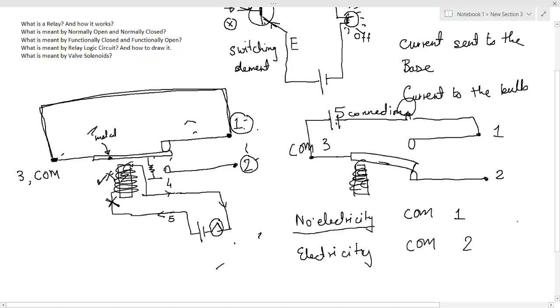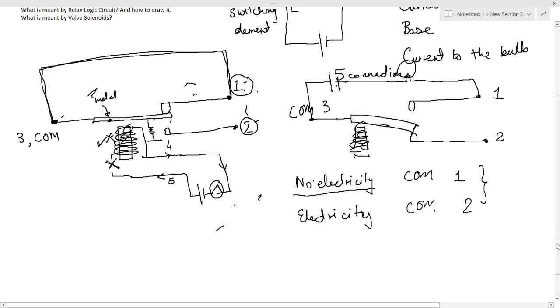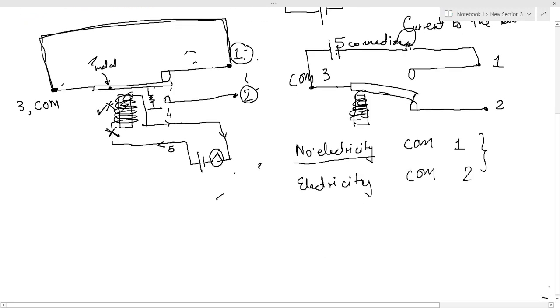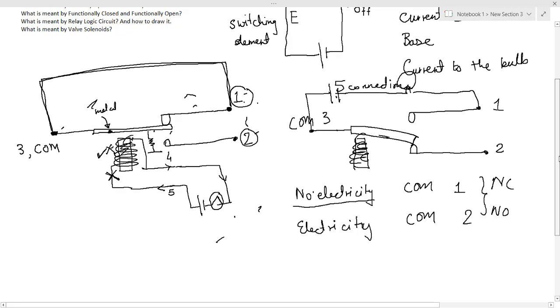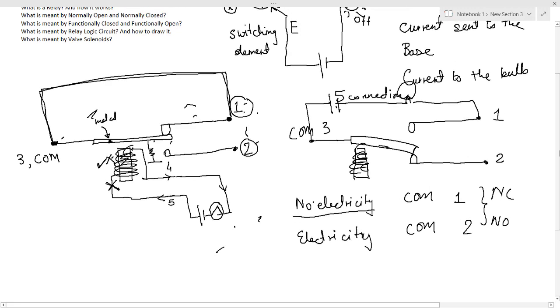In this case, see, okay, till now I hopefully this must all be clear to you. Now, to understand what the official names of these are, we will move forward and see that this is known as NC and this is known as NO. This is normally closed, normally open. I will explain that to you in some time, but hopefully at least the working of the relay should be understood to you.